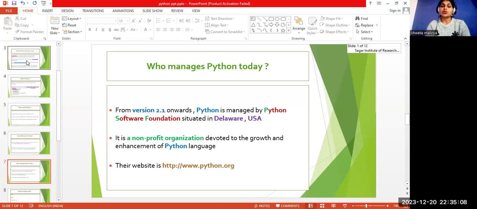Even code written for 2.1 does not run on Python 3. The Python Software Foundation is a non-profit organization in Delaware, USA, which handles timely updates and many more things required to manage Python.